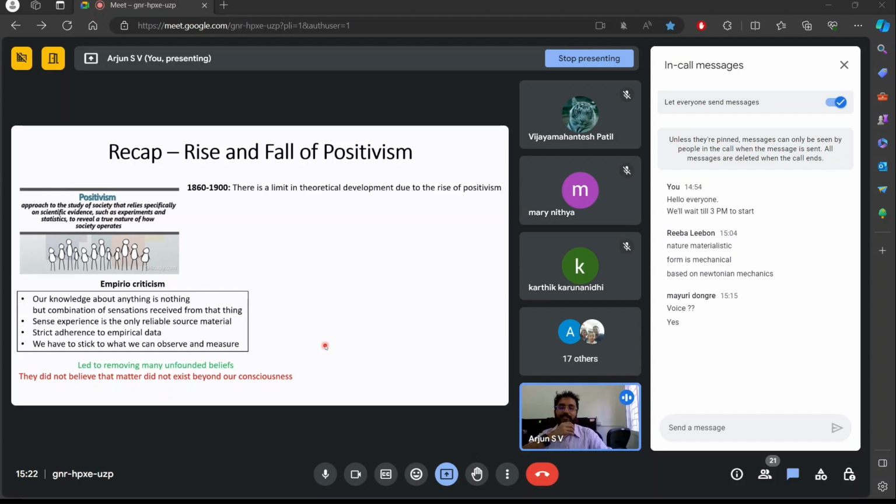The lecturer also says that between 1860 and 1900, which was the rise of positivism among the scientific community, there was a limit in theoretical development due to the rise of positivism. He also goes on to explain the story of Boltzmann, who was a renowned physicist and who was trying to explain